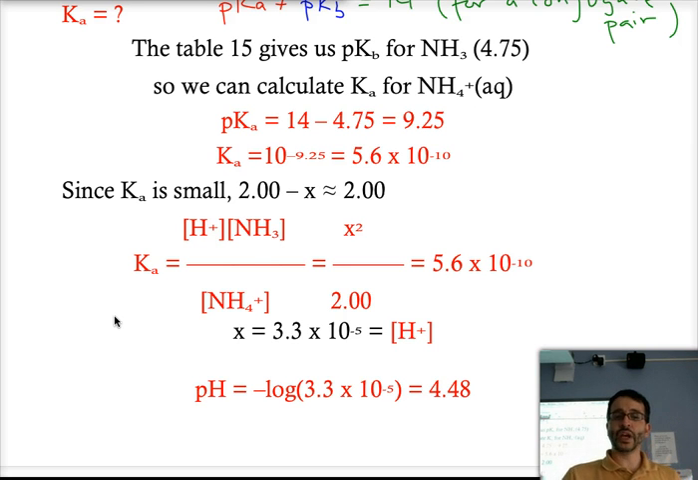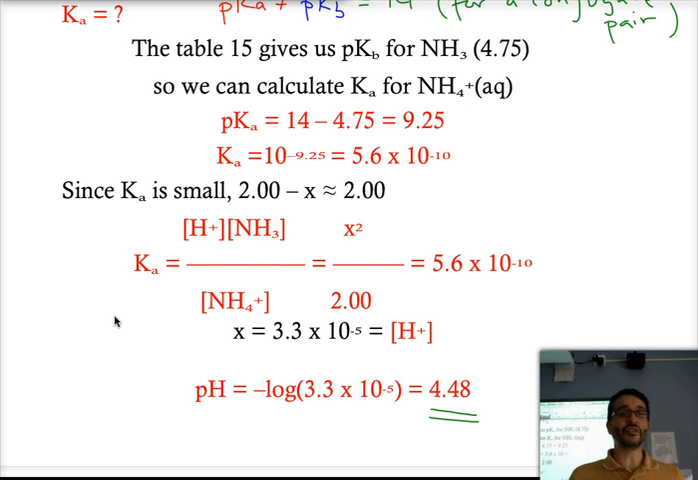So x squared over 2 is equal to 5.6 times 10 to the negative 10. When we do the math for that, we get that x is equal to 3 times 10 to the negative 5, which is equal to the concentration of H plus ion. We take the negative logarithm of that number, and we get that the pH for this solution that was 2 molar in ammonium nitrate is 4.48,